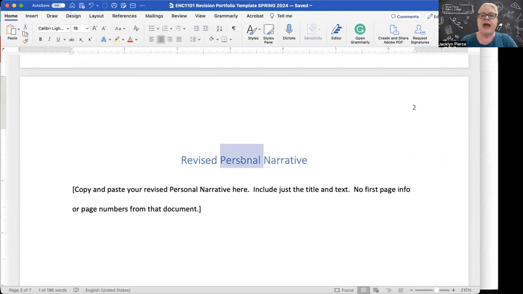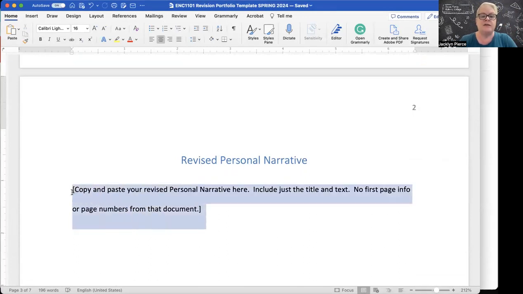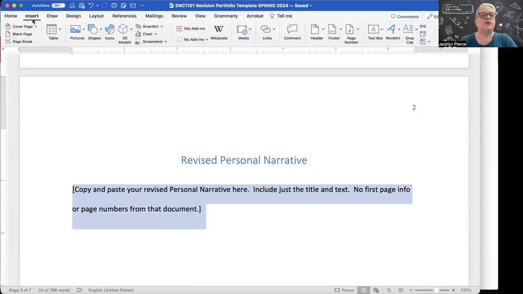Do not change that. That is going to stay there. But what you are going to do is copy and paste your revised personal narrative here. So you'll highlight over this and hit paste. Okay. It should stay double spaced. It should retain all of the formatting. If it doesn't, probably the best way to ensure that it will is to, when you do the